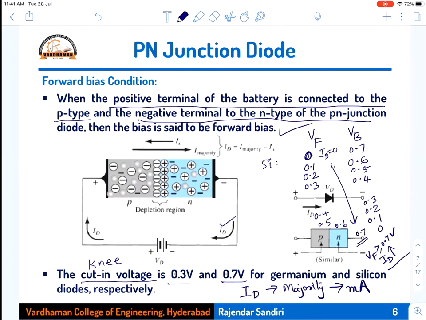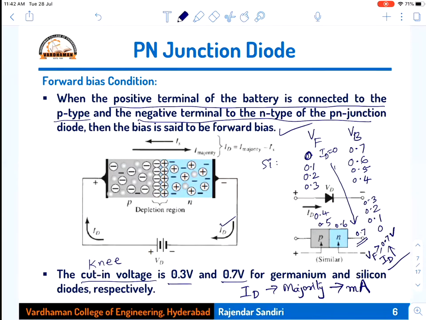So this is all about forward bias. Forward biasing is nothing but p-type connected to the positive terminal and n-type connected to the negative terminal. If you do that and keep increasing the forward voltage up to 0.7 volts, the current is 0, and the applied voltage nullifies, or overcomes, the barrier potential. After 0.7 volts for a silicon diode, the current starts conducting, and that current is due to majority charge carriers crossing the junction. Majority charge carriers are holes in p-type and electrons in n-type, and they are large in number. Therefore, the current magnitude in the forward biased condition is in milliamperes.